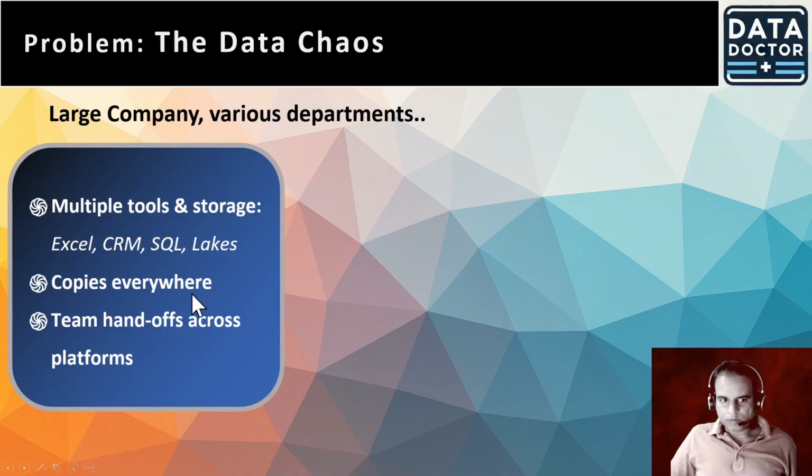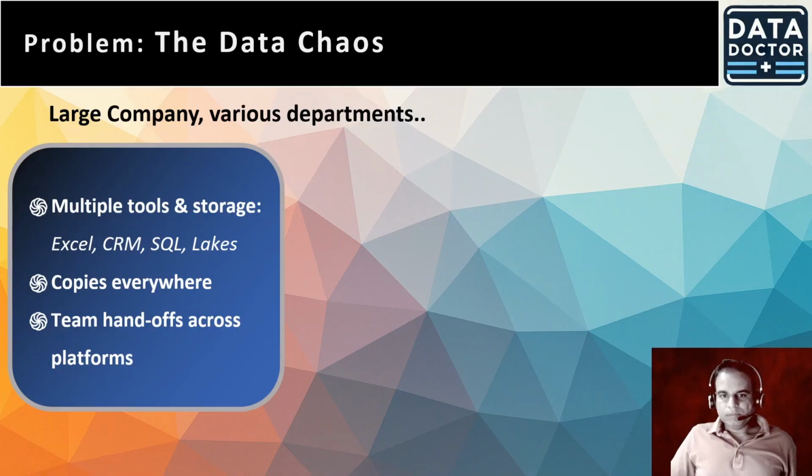Now, the second issue is the copies everywhere, and this comes because people are exporting the data into CSVs and sharing the Excel files through emails. And this leads to a situation where everyone has their own source of truth. Then comes the problem when the teams are working together. A data engineer, for example, is working on a file, passes it to an analyst, and the analyst tweaks it a bit, and passes it to the BI team. What happens from these hand-offs is that every time there is a delay, the data ends up in different tools, and this also means that there are various copies of the data existing.